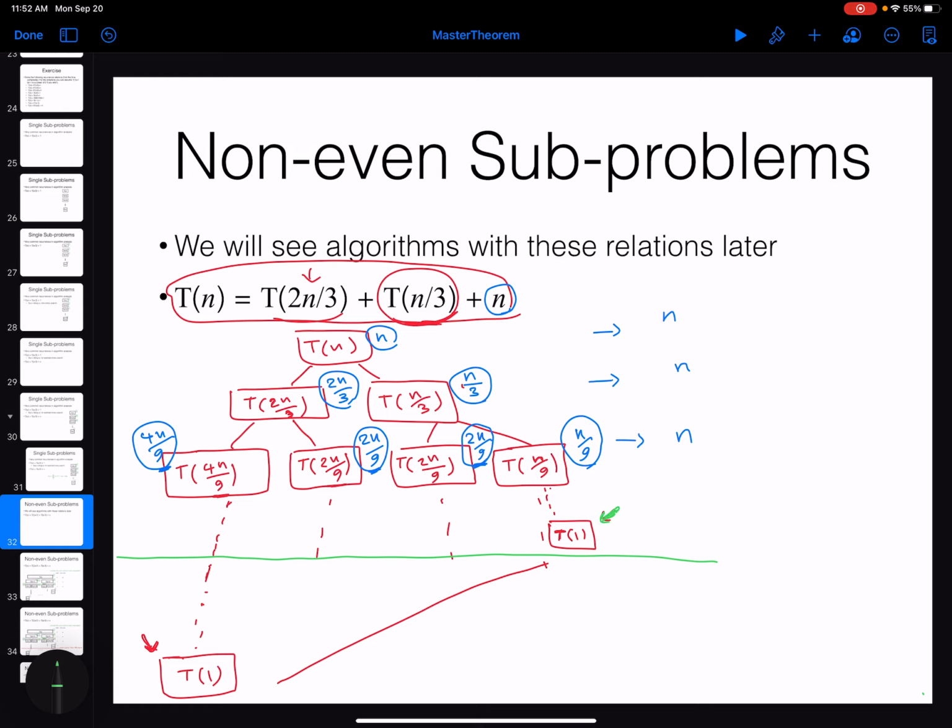If you stop developing the full tree at this level, it's just like you are ignoring some part of it which is growing on this part, right? So whatever the summation of the tree on top of this level is, this is going to be a lower bound